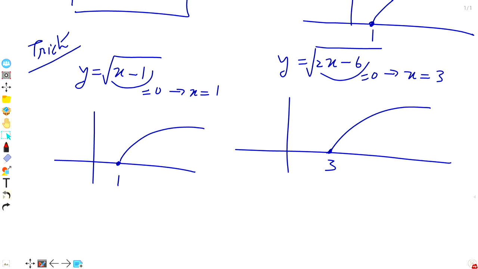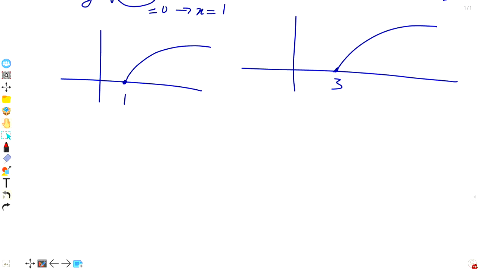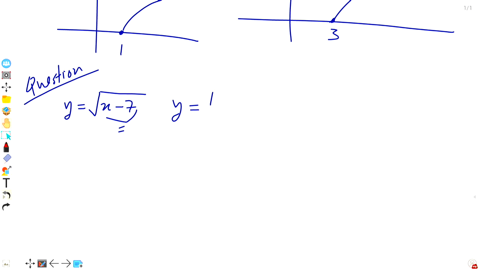So now the question you have here is square root of x minus 7, right? So I'm going to have the recording here. I'm going to send you that recording so that you can go through that at home, right? So in my words, y is equal to square root of x minus 7 and y is equal to 1. When you make the inside 0, x is going to be 7. So these are techniques that you have to know and remember.